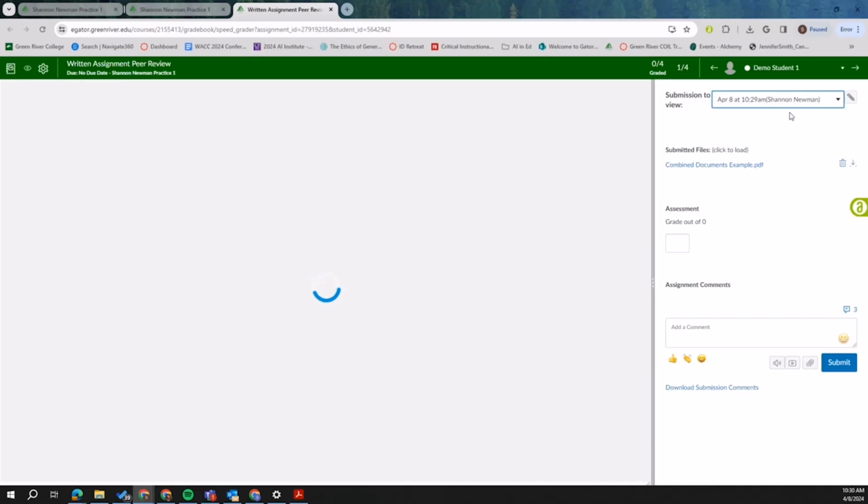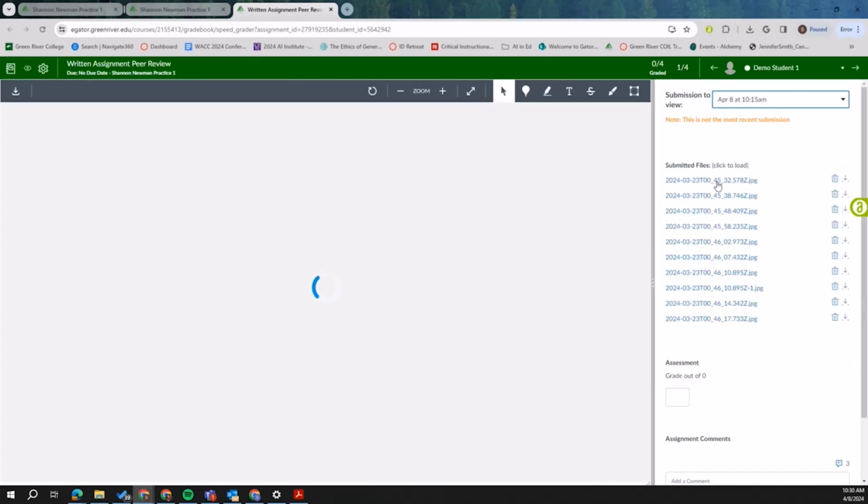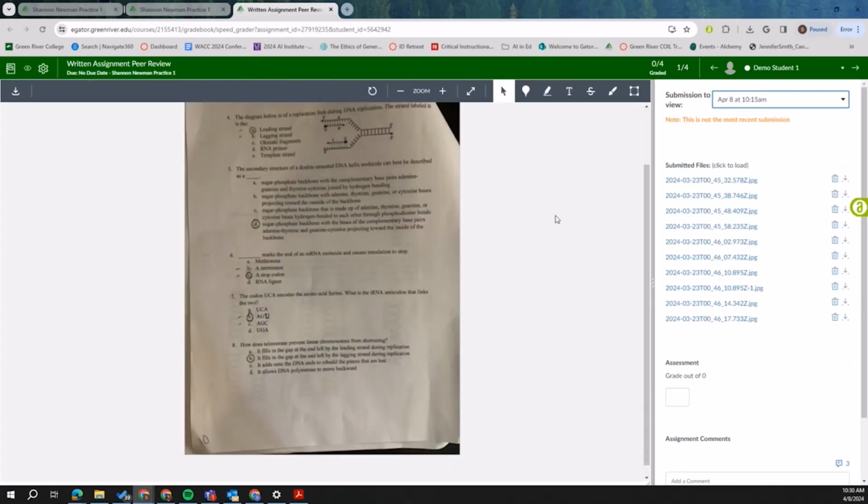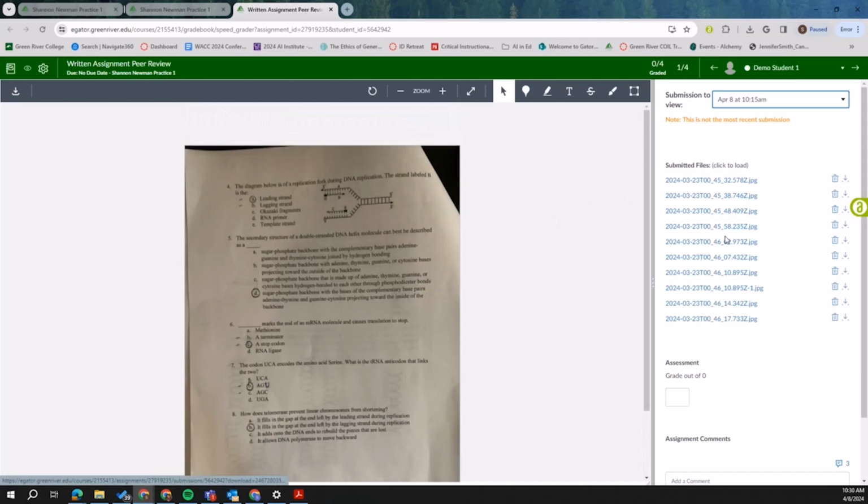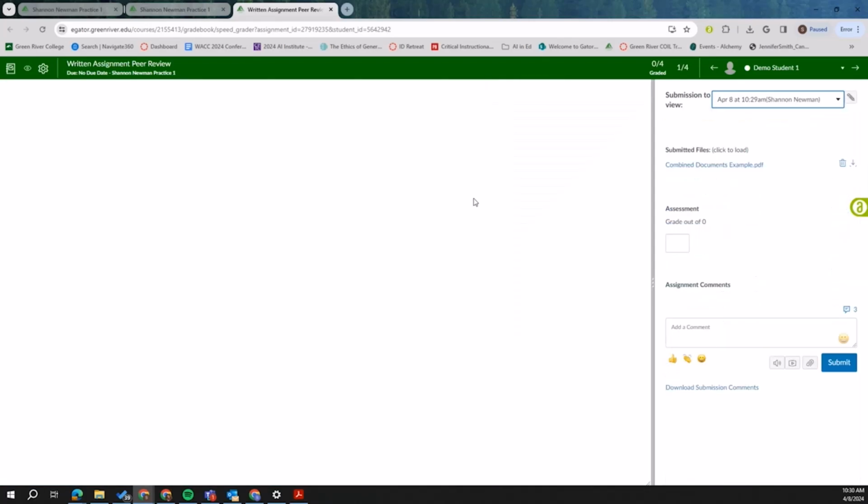What we'll see when that's done loading is that we've gone from all these individual files from a student that you have to click through and give feedback on each individually, and then maybe go through and total the points from each individual file into something that's combined. And so you can scroll through it and grade it with SpeedGrader just like you would any other assignment, as though it was one complete document.